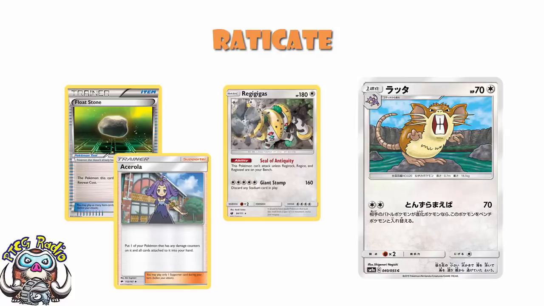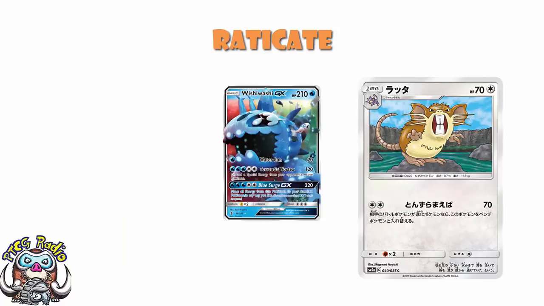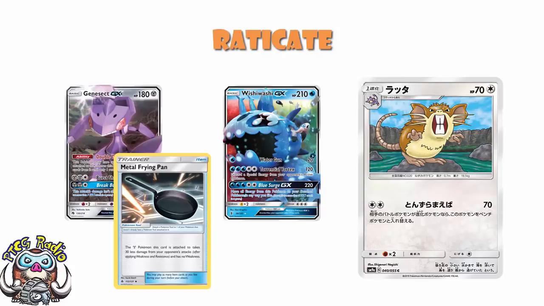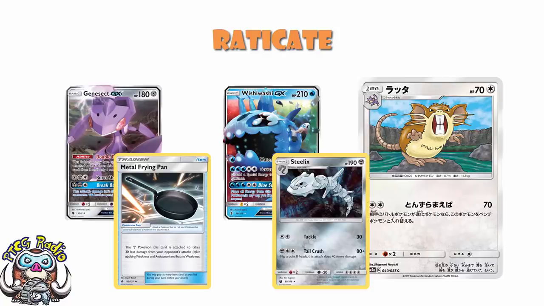And then we've just got big Pokemon. Ones like Wishiwashi GX. Ones like Genesect, which is a fairly bulky Pokemon, but because it is a metal Pokemon and it can have 2 tools attached to it, you can go kind of double Metal Frying Pan to really give it quite a little bit of bulk. Or you can use something like Steelix, which is another really bulky Pokemon, which also has access to Metal Frying Pan. I can't sit here and tell you that Raticate is the hit and run Pokemon we've been waiting for,